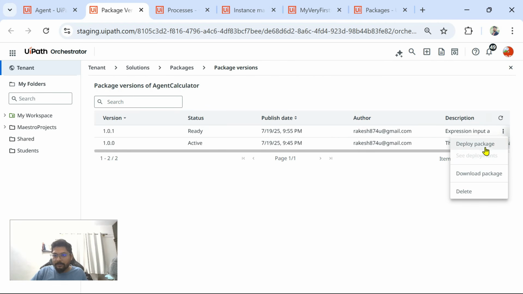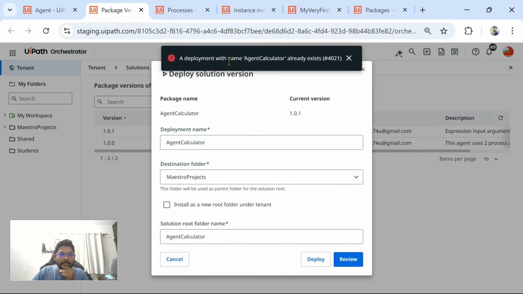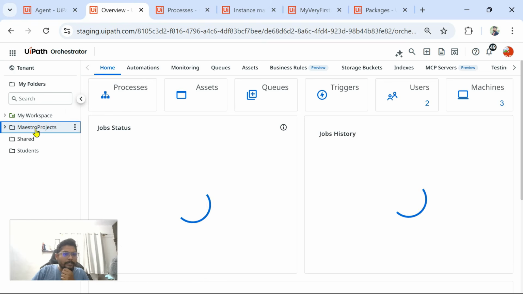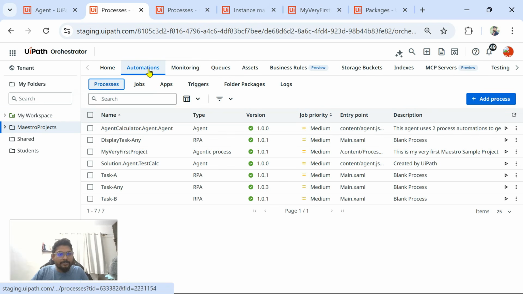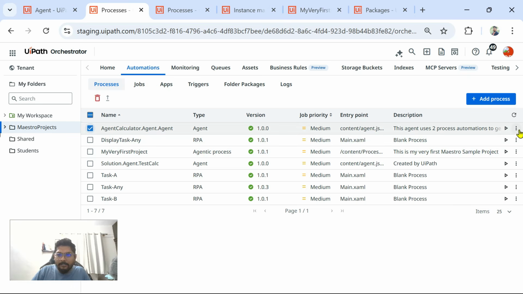1.0.1. Click on this deploy package. Okay, choose the folder Maestro project. That's all, you have to be careful. And here I'm going to hit on deploy. Deployment with name agent calculator already exists, so it's not allowing us to do it from here. It's okay. Let me go to Maestro project, go to automations. Agent calculator is already there. Let's select it and